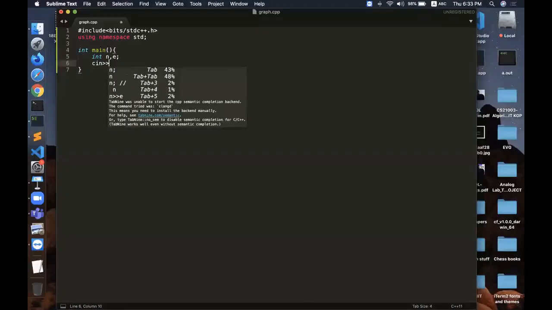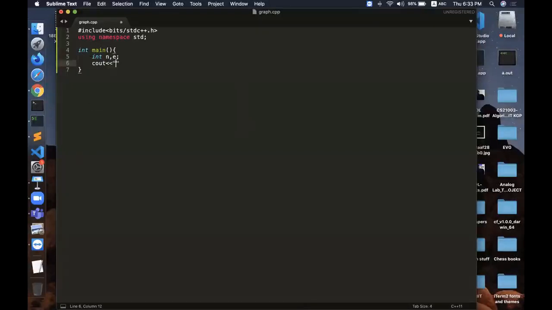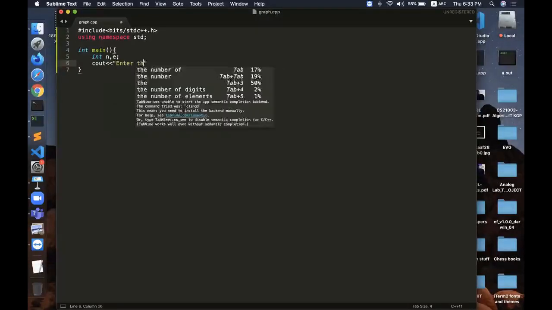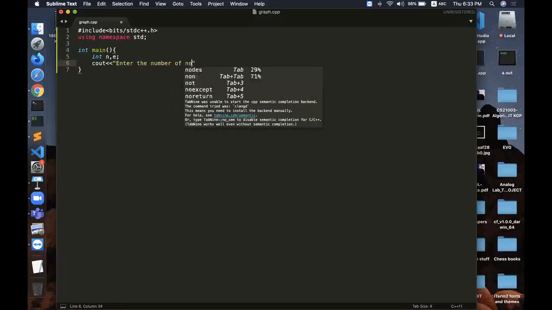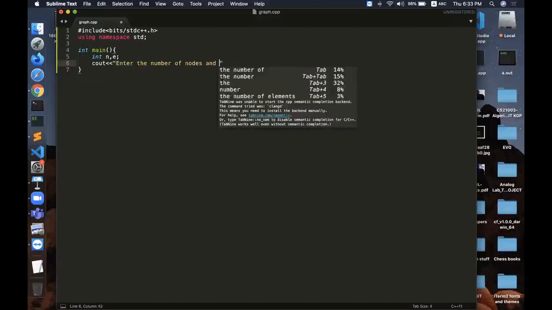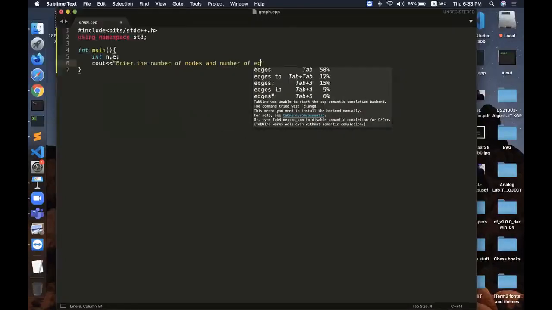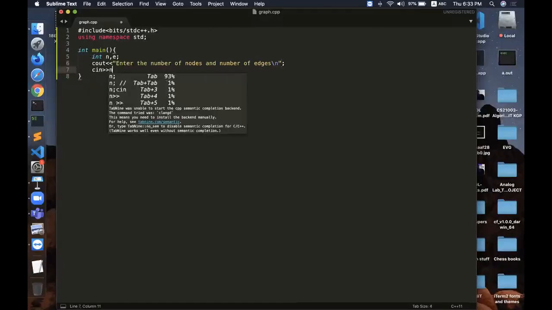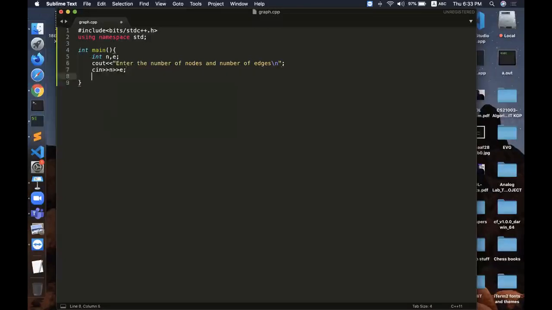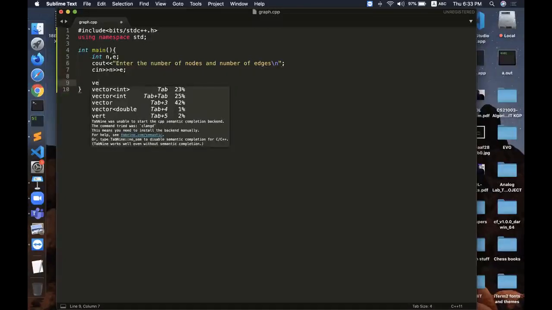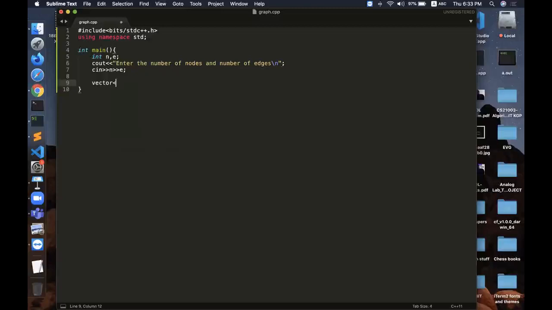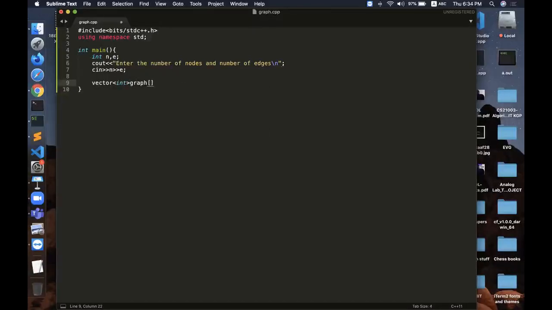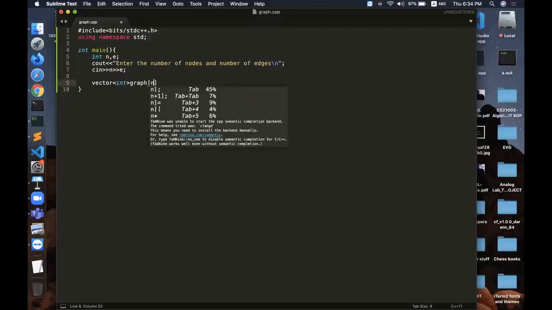So let us ask the user to enter the number of nodes and the number of edges, and then I take the input of n and e, and then I create an array of vectors, which has a size of n plus 1.